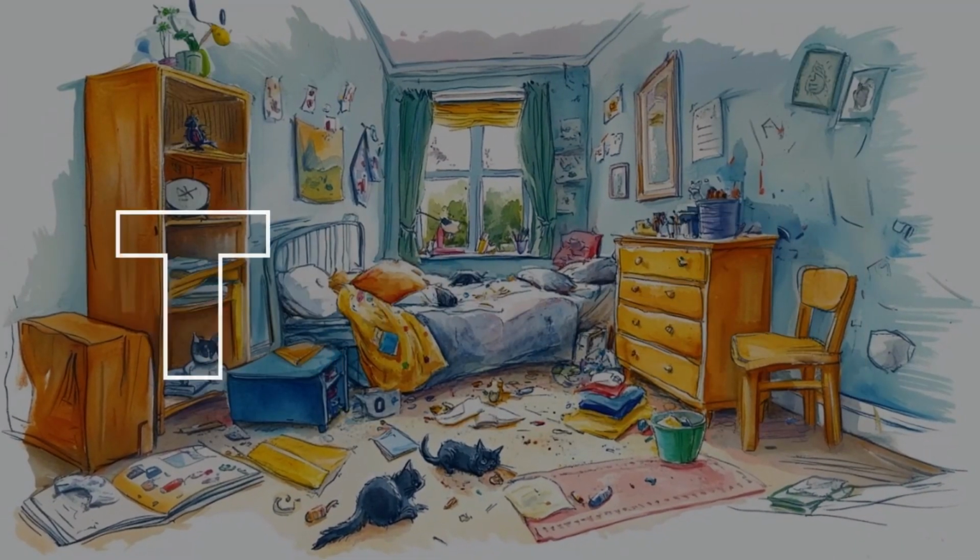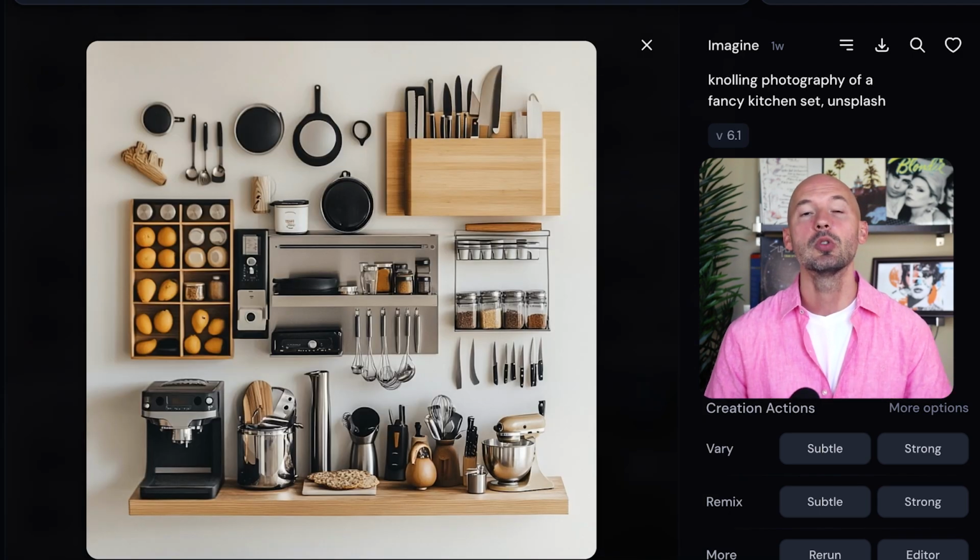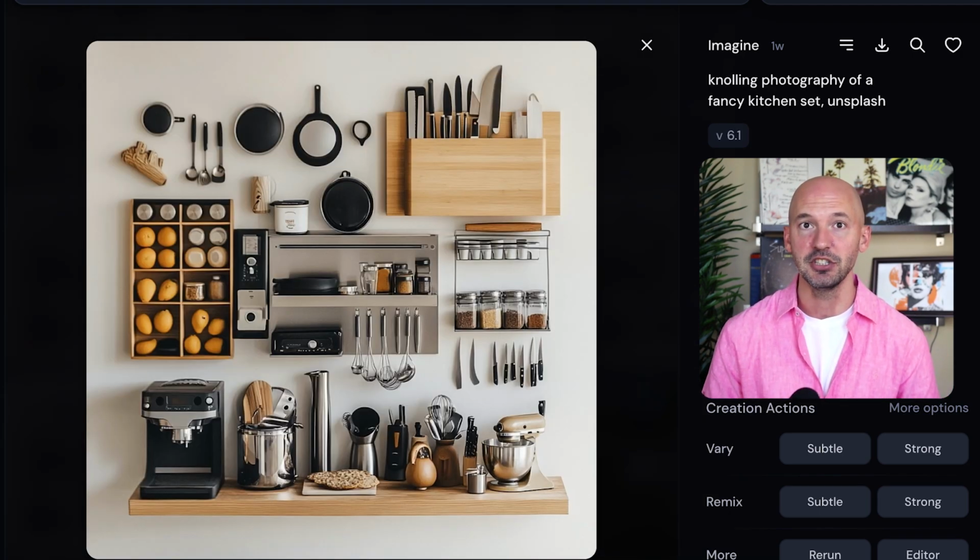Spot the difference. Here's another extremely niche tip for you, but this is how you can create the idea of a spot the difference activity page. The basic idea is to create a detailed scene, right? Like a messy room or a knolling photo of a bunch of objects. And then we are